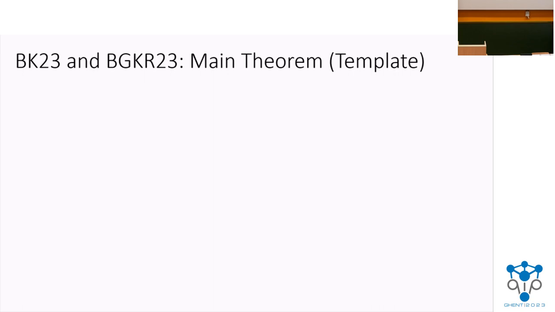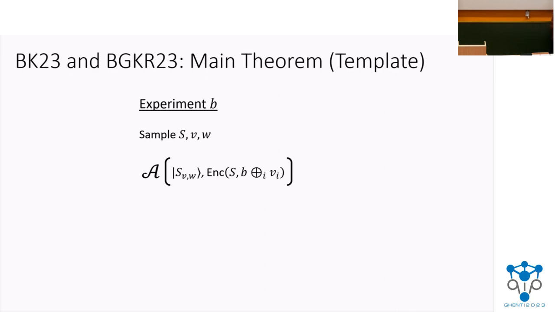So again, in both works we prove variants of this, where we parameterize an experiment by a bit B. We give the adversary an encryption of V as I just described. We let them do whatever they want, and then we parse their output as a deletion certificate and some leftover state. We will really be interested in the case where the deletion certificate is valid, so for the purpose of this experiment, let's just abort if it's not valid.